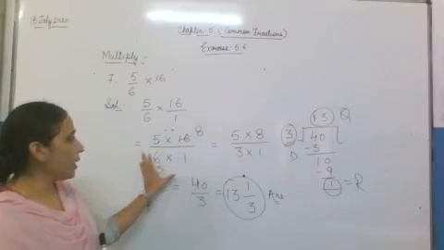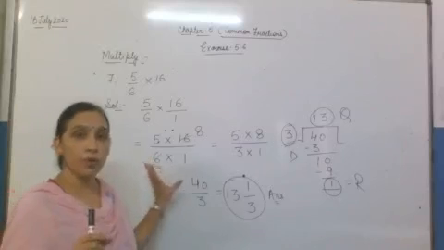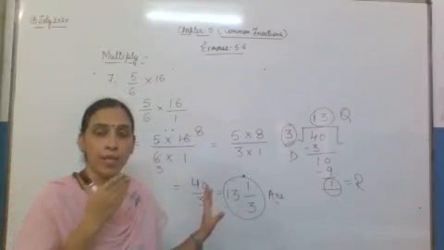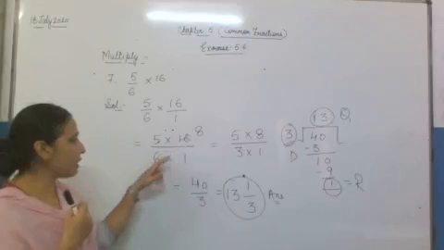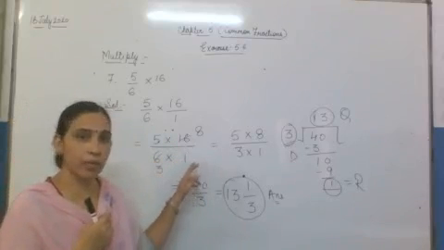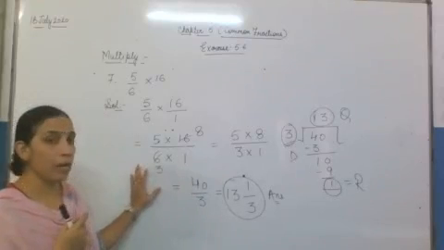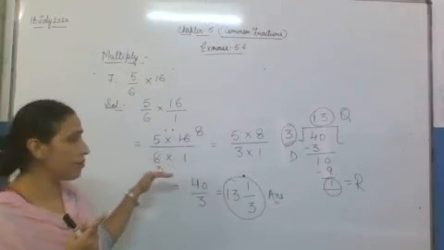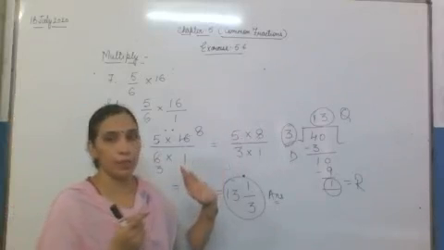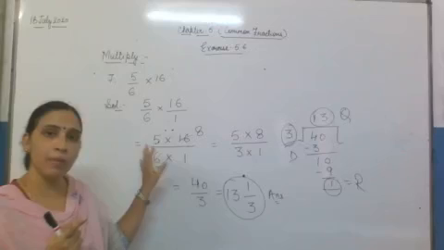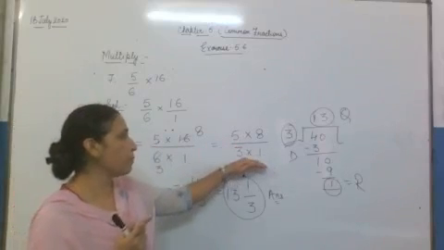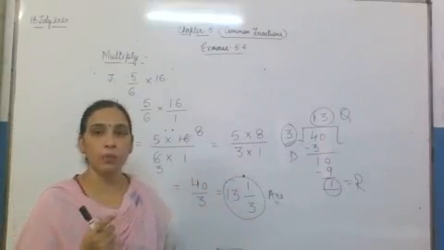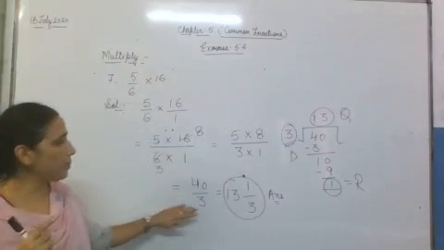Now here you have to see if you have any common factor between the numerator and the denominator, then you can do cancellation over there. If they are coming in the common table, you will reduce at the second place only, and after that you will write the multiplication. Fine. Whatever is left in the numerator, you will write it down. Now here 5 will be multiplied by 8, and 3 will be multiplied by 1.